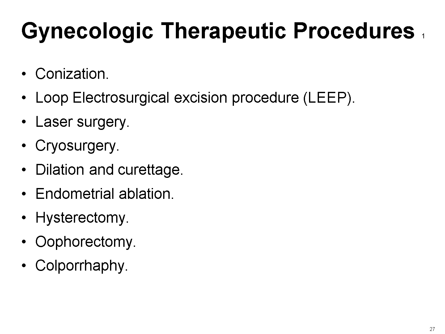Gynecological therapeutic procedures are critical in treating abnormalities, managing conditions, and preserving reproductive health. Let's review some common procedures and their applications. Conization is where a cone-shaped piece of tissue is removed from the cervix, typically surrounding an abnormality, for diagnostic or therapeutic purposes. Loop electrosurgical excision procedure is where a wire loop carrying an electrical current is used to slice and remove abnormal cells from the cervix. Laser surgery is where a laser beam targets and destroys precancerous and cancerous cells, offering precision with minimal damage to surrounding tissue.